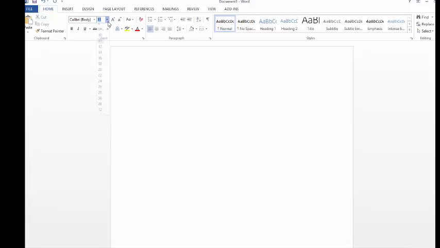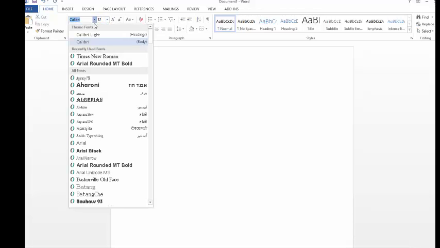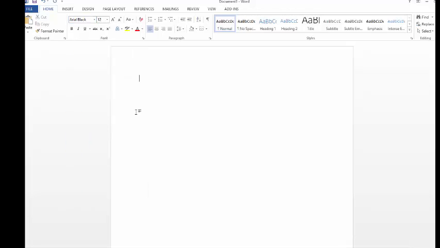I'll go ahead and put it into a 12 font, which will look nice, and you can pick your style. Times New Roman is okay. You can do Arial Black. You can do whatever you want to. I like Arial Black, so we'll go with that. Now, what many people do, just making a basic lesson plan, is they'll center and say lesson plan day 1. And then you can do subject,